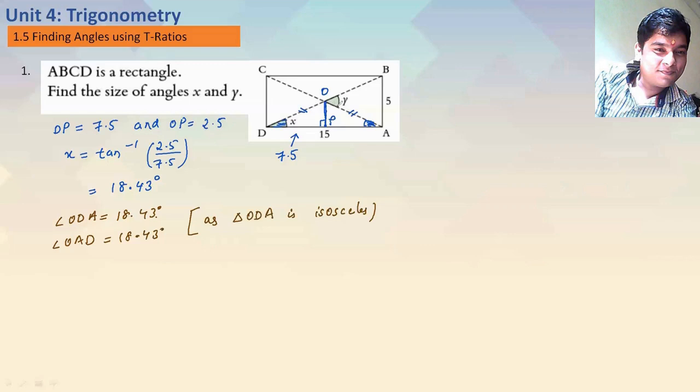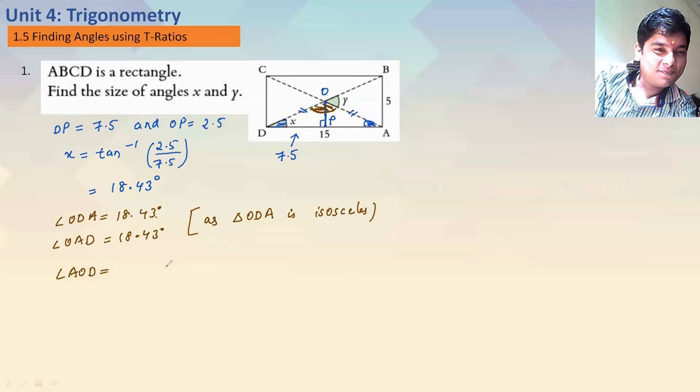So can we figure out angle AOD this time? Now, we know two angles, right? So if 18.43 plus 18.43 is 36.86,